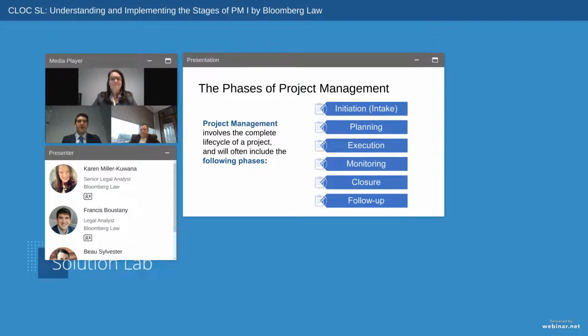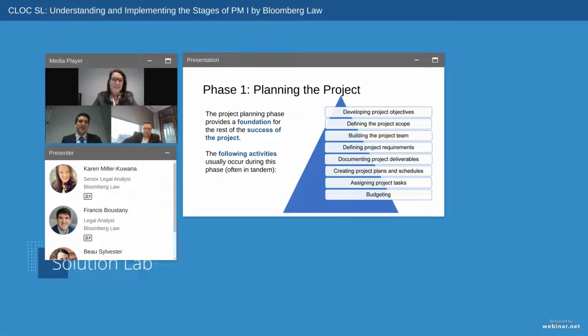Very good. And that's really interesting how in different settings, it can bring about different flavors of project management. We obviously want to hear all of your insights about the different phases of the projects that we'll discuss today. So let's hand it over to Karen right now to start our first phase of discussion, which is project planning. Thanks, Francis, and thanks, Bo.